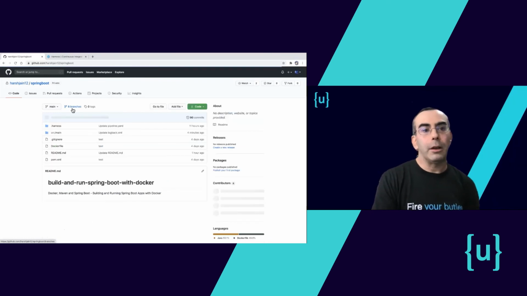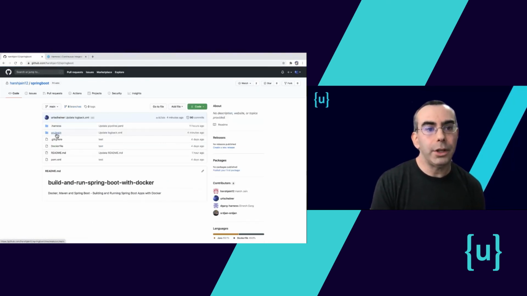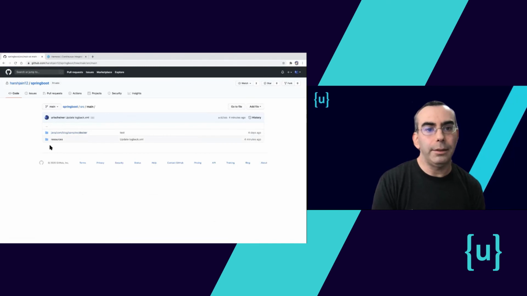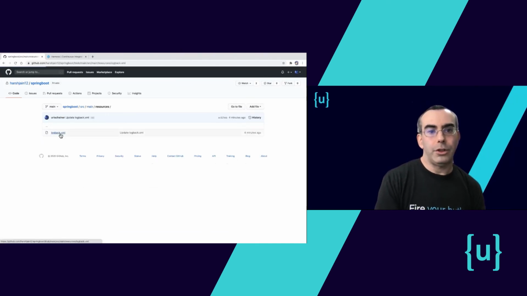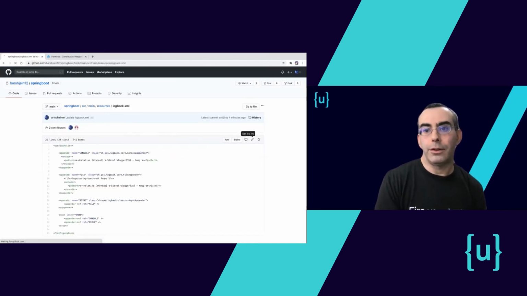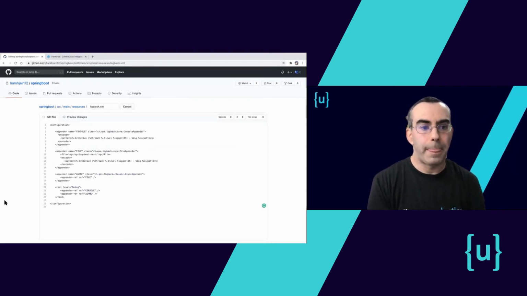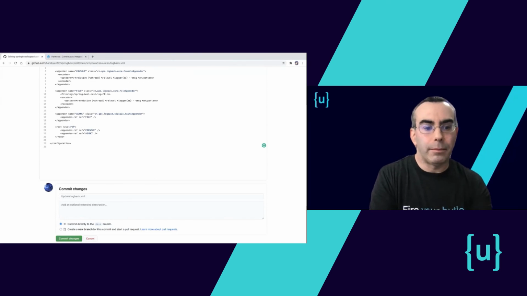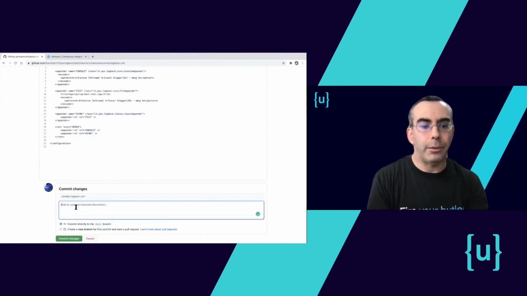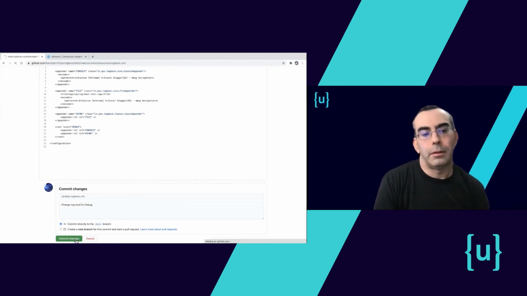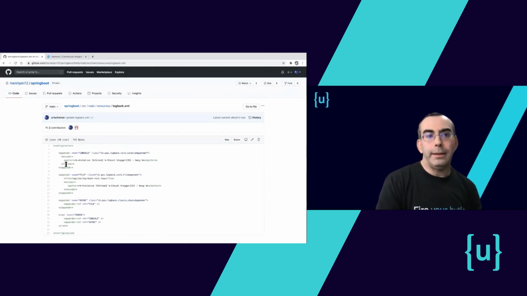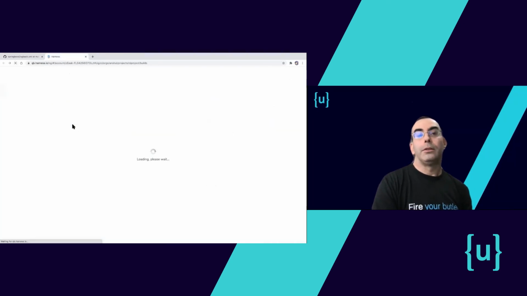Let's do a quick change here just to kick off the build. I am just going to change the log level. And of course, I can make any other change that I want. I'm going to change it to debug, and I'm going to write a comment, change log level to debug. Great, so we made a commit. Now let's switch to the UI